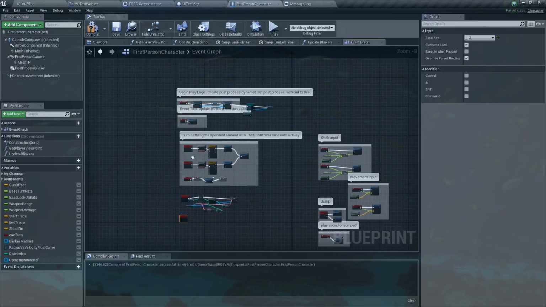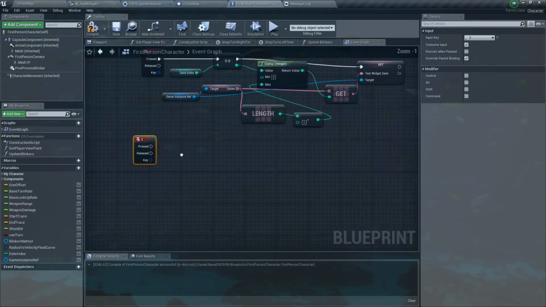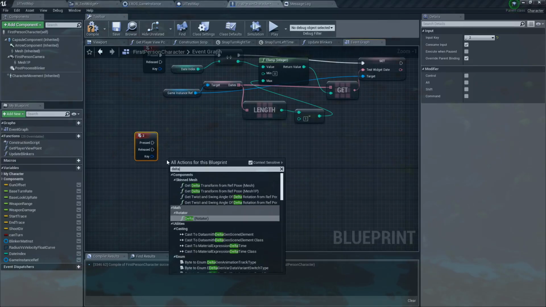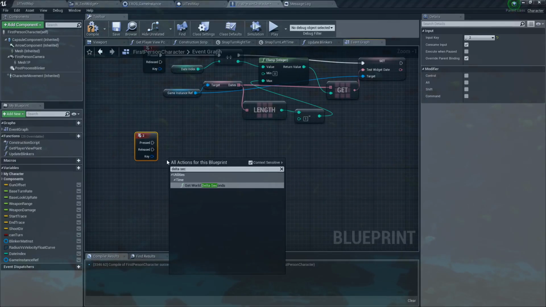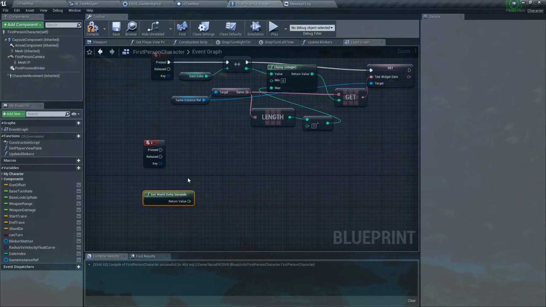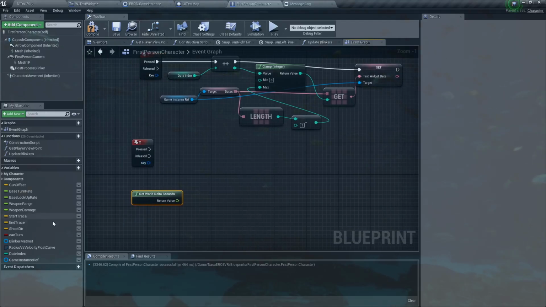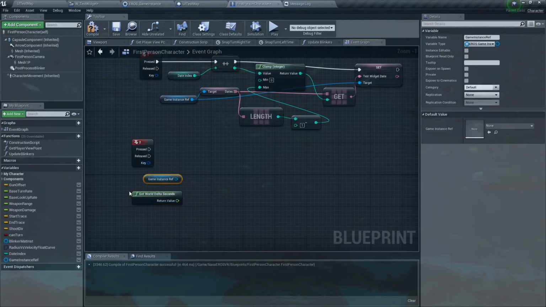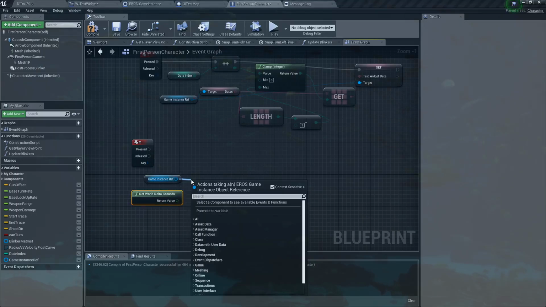for, let's see, delta seconds. Okay, get world delta seconds is always ticking up, and I'm going to say my game instance and the seconds that are passing by. I'll get my countdown timer,